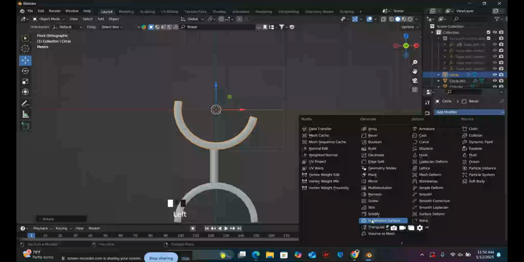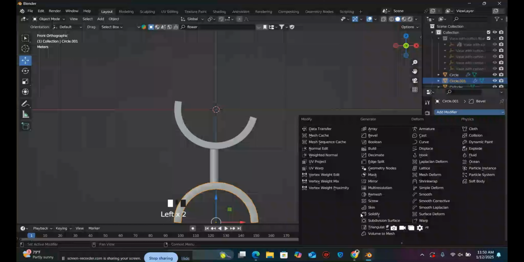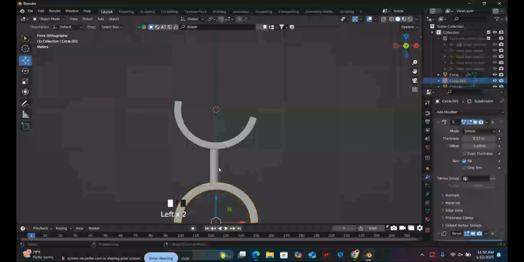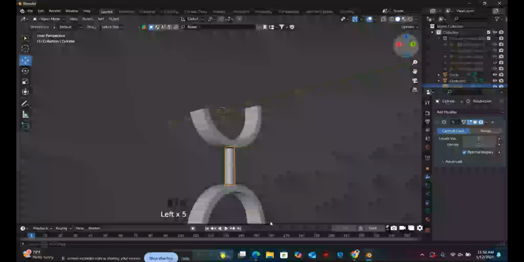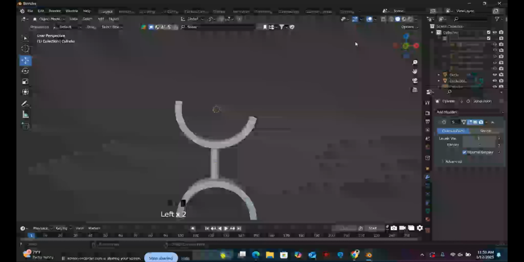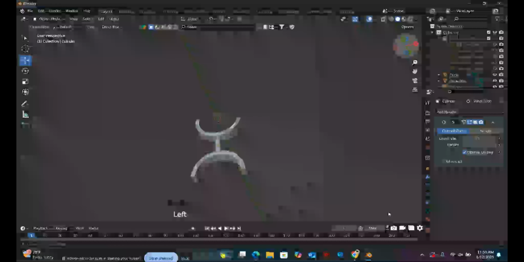And now I'm gonna add it to my modifiers and add the subdivision surface to this one, and also subdivision surface to this one, and this one subdivision surface, so that I get a smoother object. You can see this curve has started to get rounded and even better. Right now this part is done, so what I'm going to do here is come back to this one,